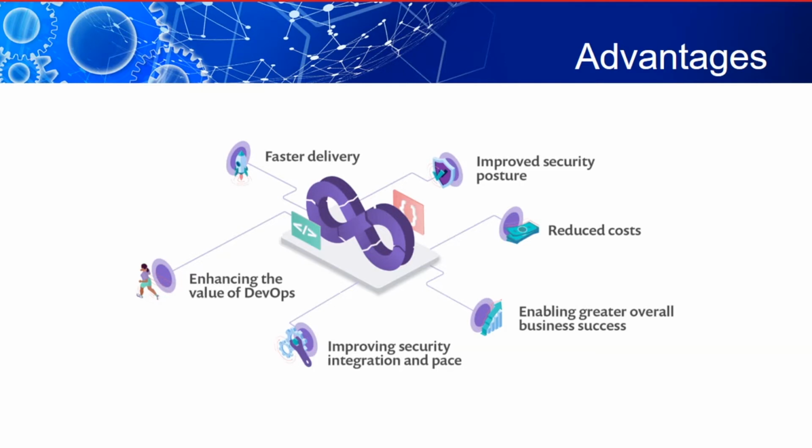faster delivery, faster delivery with improving security posture. The speed of the software delivery is important and improved when security is integrated in the pipeline, because some bugs will be identified and we have to fix those bugs before deployment. The speed will be faster because in normal DevOps we have to get the application built and then send it to security. But in DevSecOps, the security is already integrated, so faster delivery will be promised. And next comes improved security posture.